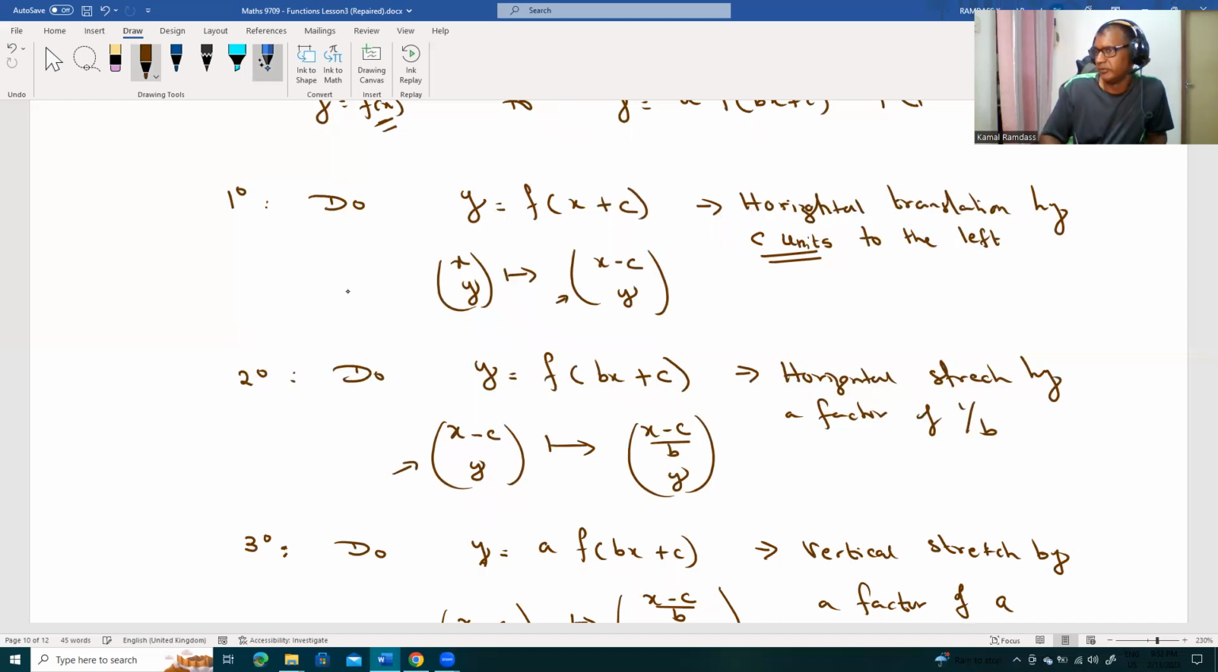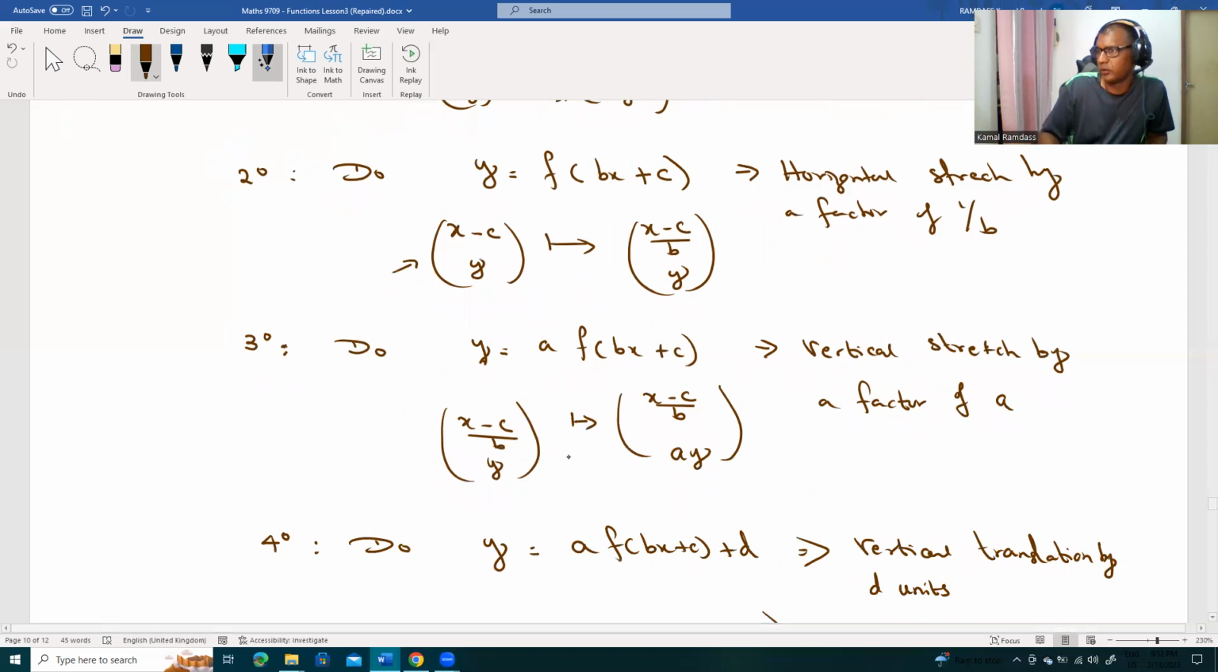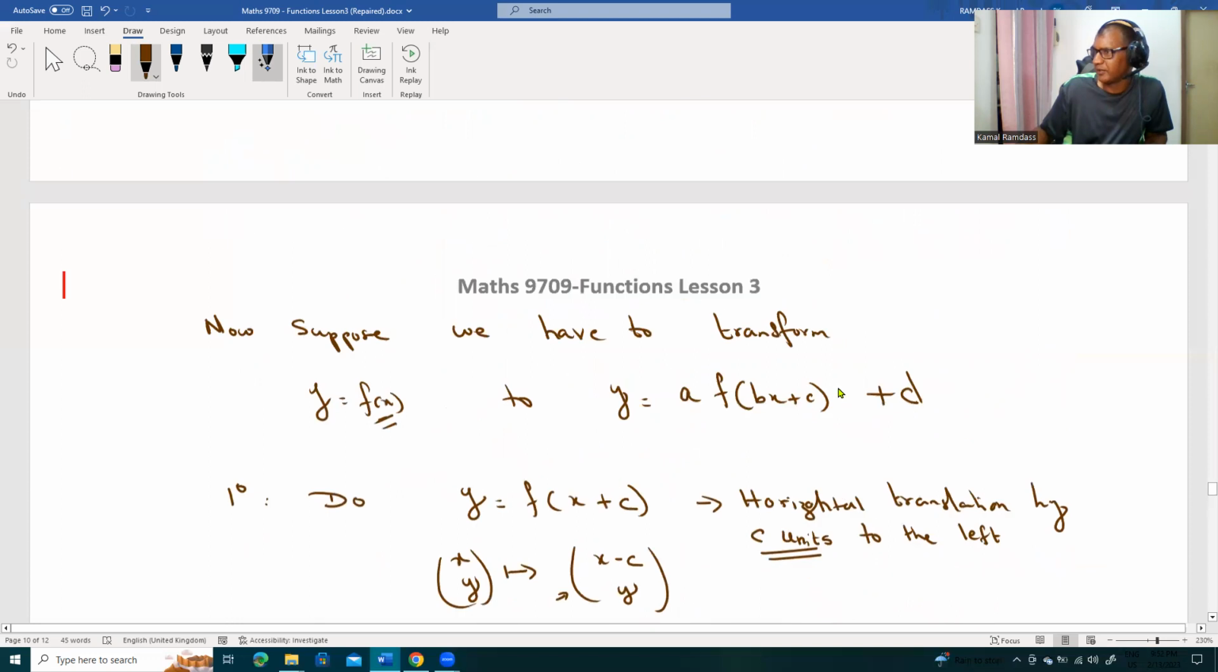And then the x coordinate will be mapped onto x minus c over b, y. That is horizontally stretched by a factor of 1 over b. OK? And thirdly, I can do the vertical stretch, I can multiply after, because I finish inside